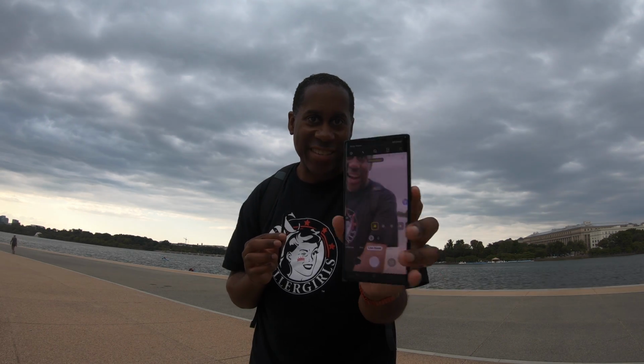So one thing I actually love about having this S Pen is that if you're trying to take a portrait of yourself and you have to hold your arm out, sometimes it can be a little tricky to actually hit one of the buttons on the side to take the picture. With the S Pen, you can just push a little button on there and take the picture yourself. So I can put the camera in portrait mode, hold it out in front of me here, I can push the button,